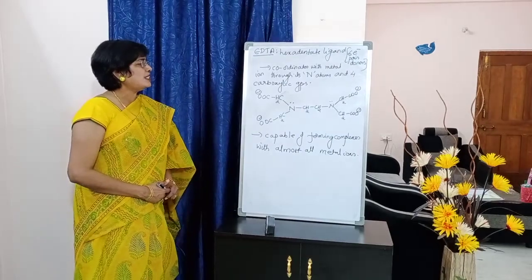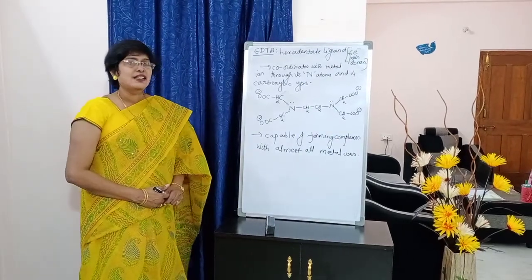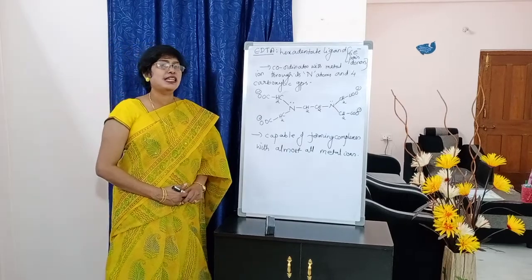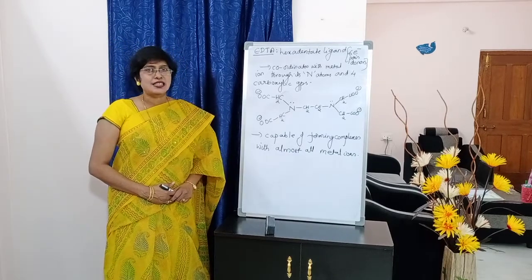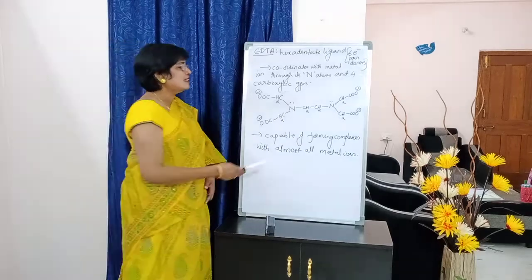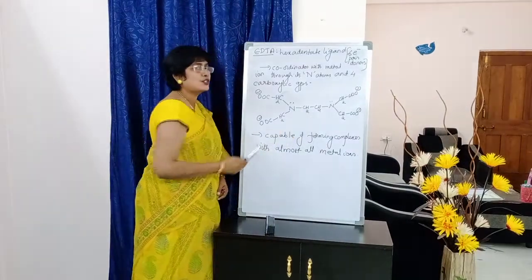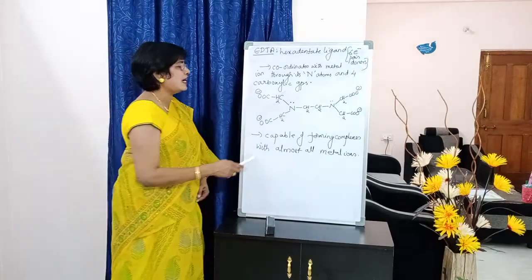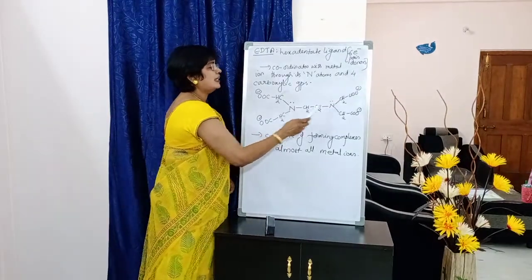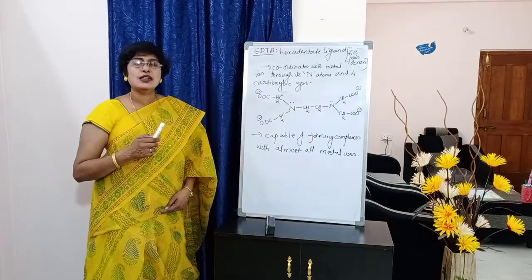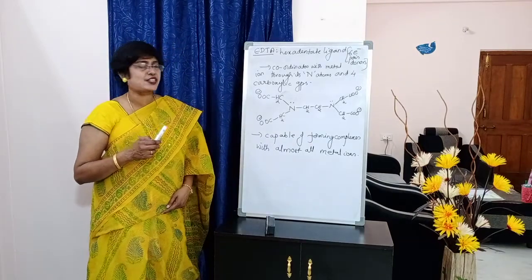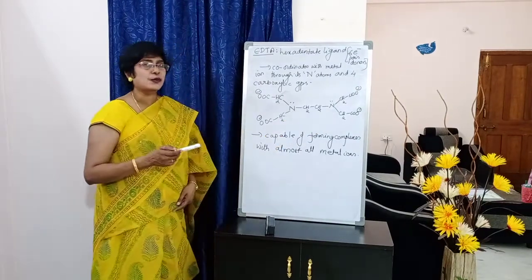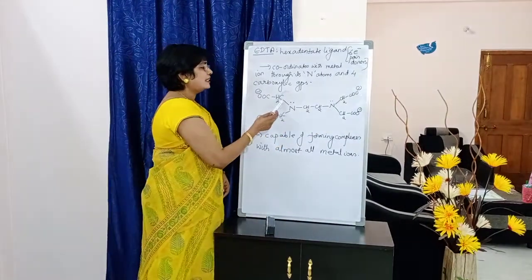Okay, so below is the structure of EDTA. Find ethylene diamine. What is ethylene, students? CH2 double bond CH2, right? So this is CH2=CH2. In ethylene, 1 pi bond is broken. Diamine: what is an amine group? NH2. So this is 1 amine group and this is 1 amine group, in the place of 2 hydrogens. Tetraacid.